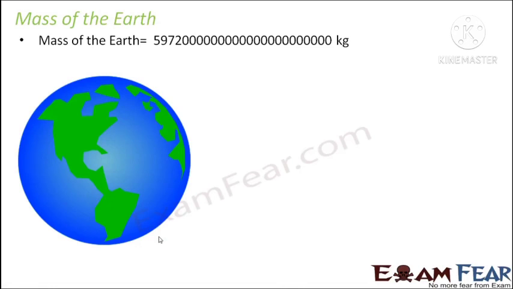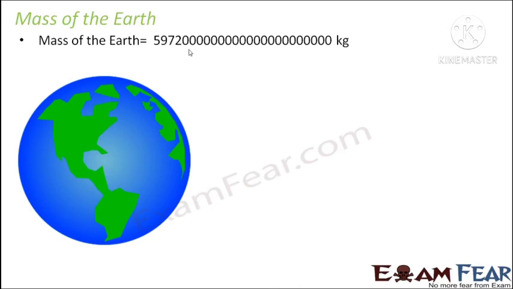Now let us look at these realistic examples where we actually need these values. So if I ask you the mass of the earth, the entire planet earth, obviously the mass is huge, as you can see on the screen. If I ask you the mass of the earth, it will take you a good amount of time to count the number of zeros first and then find their positions, right? So instead of doing that, we represent it in a simpler way.